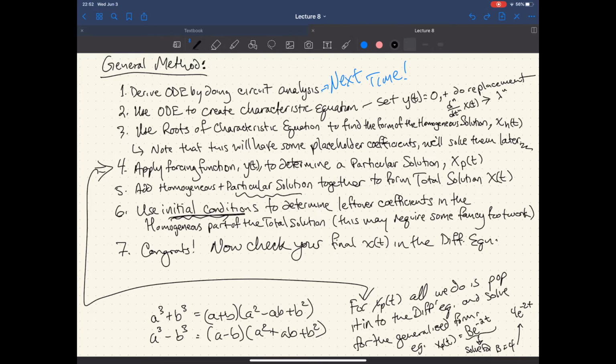So, when we're doing our initial conditions, sometimes when we're trying to solve for those, we might have to do some fancy footwork. Shouldn't be too bad, but you may have to take some derivatives or move some stuff around in order to be able to apply those correctly or easily. And generally speaking, it's going to be easiest to, we'll get there. We'll show you some examples.